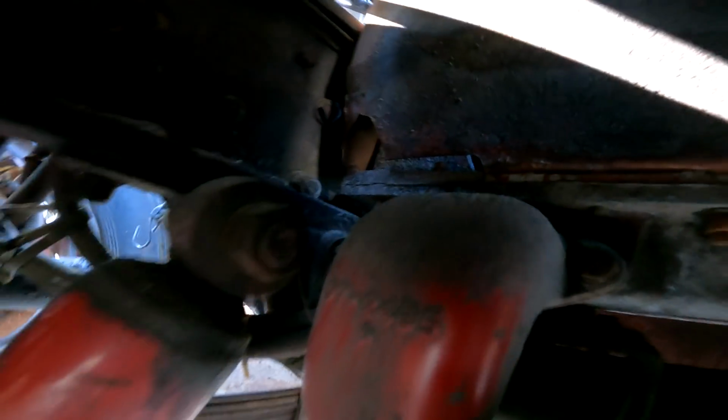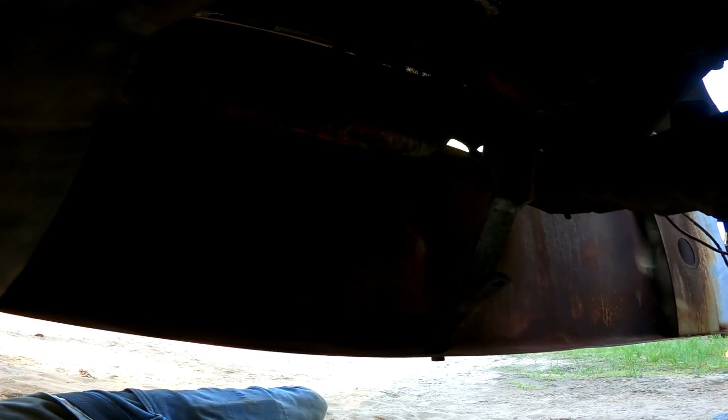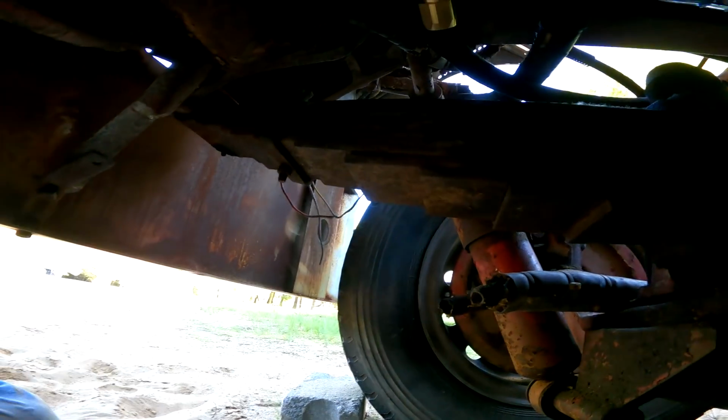And then here, see the shroud's all busted right there. There's another over there in that corner. I think I'm just gonna get a new radiator and shroud. I'm pretty sure I know where there is one, so I'm gonna snatch it if I can. But that's the update. Next we're gonna do these heater core lines